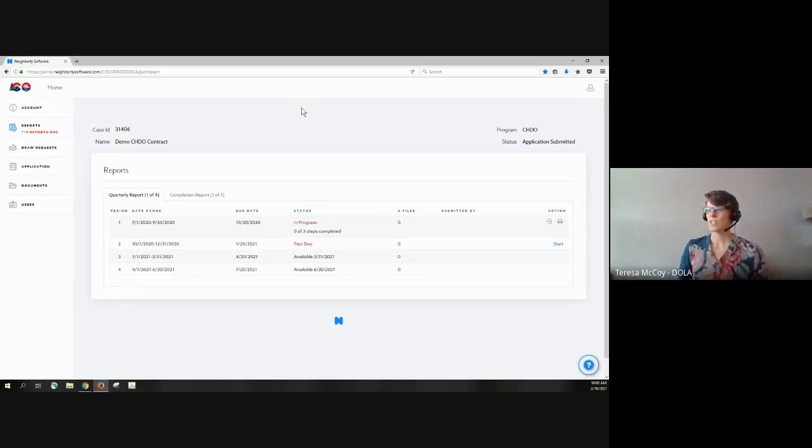So this is what you'll see. I know a lot of your contracts were just signed in December or sometime like that. We're probably just going to start reporting for all of you starting January 1st, 2021. So the first report will be January 1st, 2021 to March 31st, 2021, and you'll see that report is due on April 20th, and then it's not available until March